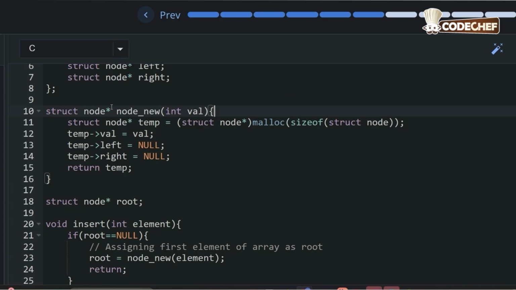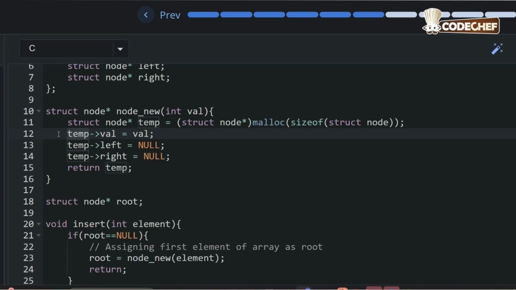struct node *new_node is a function that creates a new BST node. It takes an integer value as input right over here and it returns a pointer to the newly created node. Now struct node *temp = (struct node *)malloc(sizeof(struct node)) dynamically allocates memory for one structure node. temp stores the address of the memory.